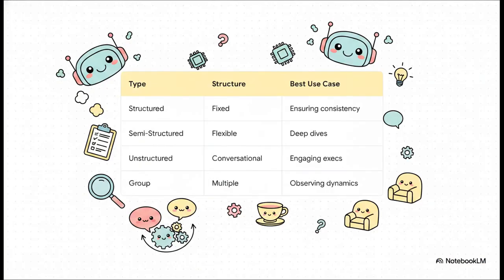Section 3. Mastering interview techniques. Now, mastering this means choosing the exact right tool for the job. Say you're doing an instant response check across multiple departments. You're going to want a rigid, structured interview to ensure total consistency. But if you're sitting down with the C-suite to talk big picture strategy, an unstructured conversational approach is going to yield way better insights. And hey, don't sleep on group interviews either. They are absolutely fantastic for observing team dynamics and seeing how different units actually coordinate in real time.